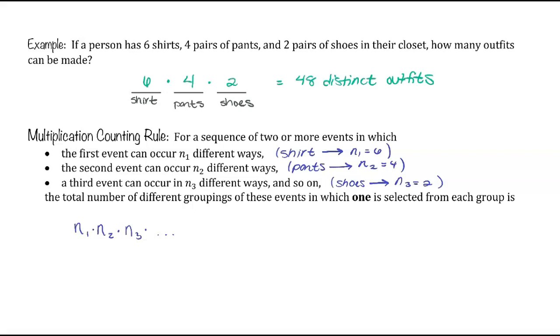Let's look at another example. How many different license plates can be made using California's current pattern of number, letter, letter, letter, number, number, number? This is exactly the pattern that was in place when my license plate was created. Let's think about how many different license plates could be made this way. First, we have a number, then 3 letters, followed by 3 more numbers. Assuming we can use the digits 0 to 9, we have 10 options for each number. And assuming we can use all 26 letters of the alphabet, there are 26 options for each letter.